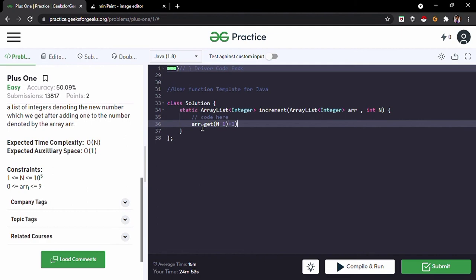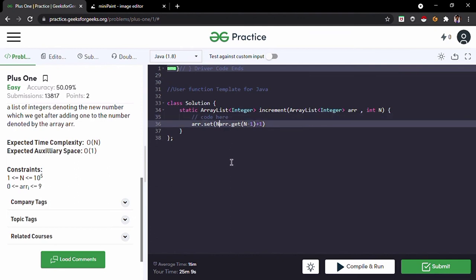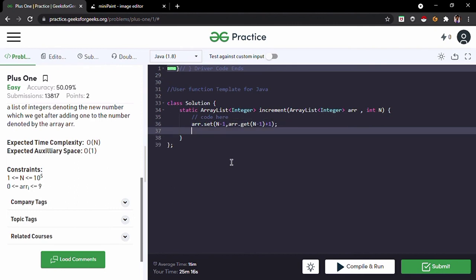And after adding this, we have to set it back to the last index with arr.set, and we have to put the index number here, n minus 1. Okay, we have added 1 and set it back to the n minus 1 index.